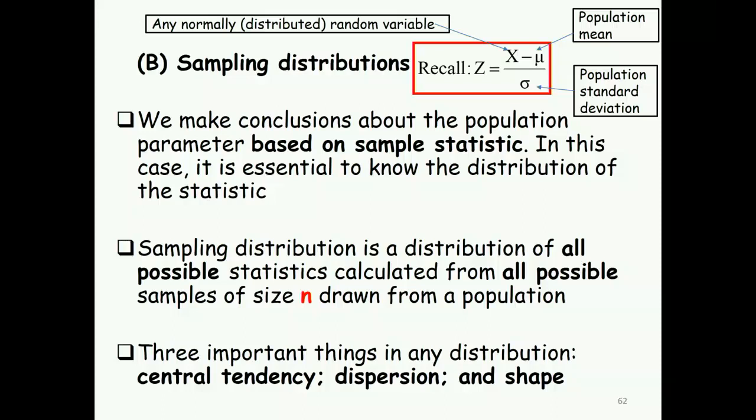This formula is for when the question is simply that I picked one person from the population. If it is about weight, I pick the person, I measure the weight, then what is the probability less than this weight? Greater than this weight? Between this weight and this weight? But now I am taking a sample. If I take a sample, am I going to use the same formula, or must something be changed? This one definitely would be changed, because I am now talking about a sample, so I have to take a sample mean. What about this and this? A short answer: this will not be changed, but this has to be changed.